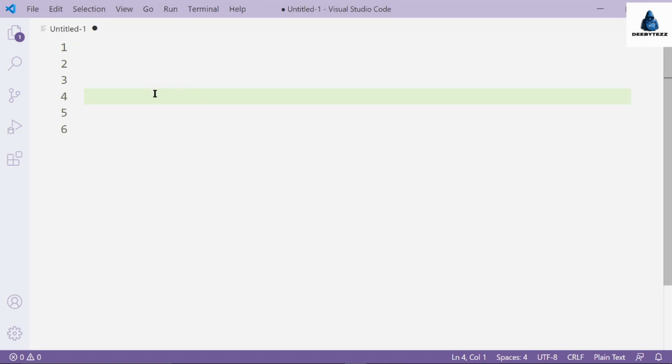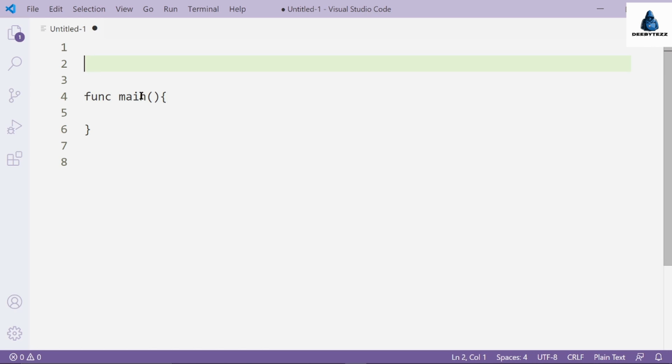The first program in Go language will be to print hello world. So open your VS Code editor. In languages like C, C++, C# and Java, the execution of the program starts from the main function. So basically the main function is where your execution of the program starts. So we should define a main function. Main is a function, so we should define it as func main.